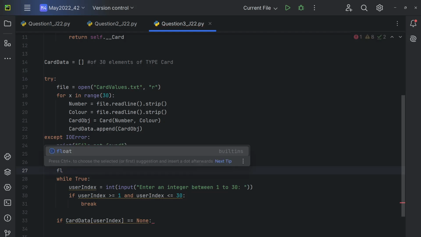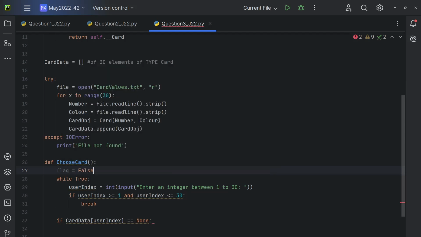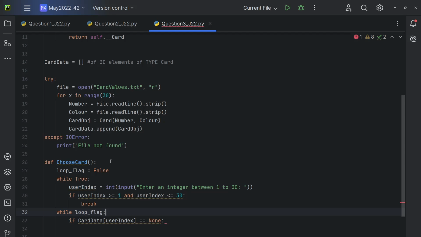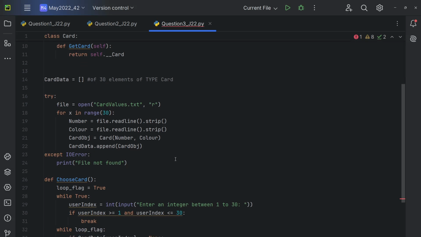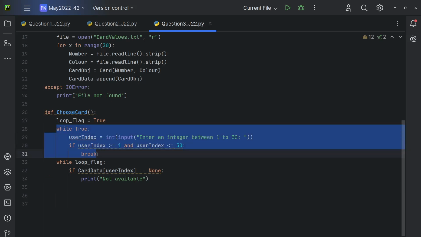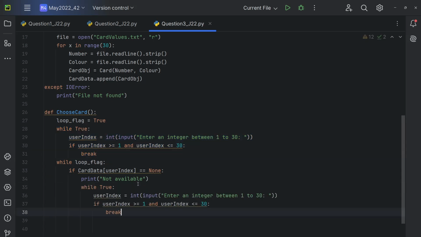Let's just call it loop flag, true, print not available, and then I'm just going to do that inside this if statement. Else, if it is not none,